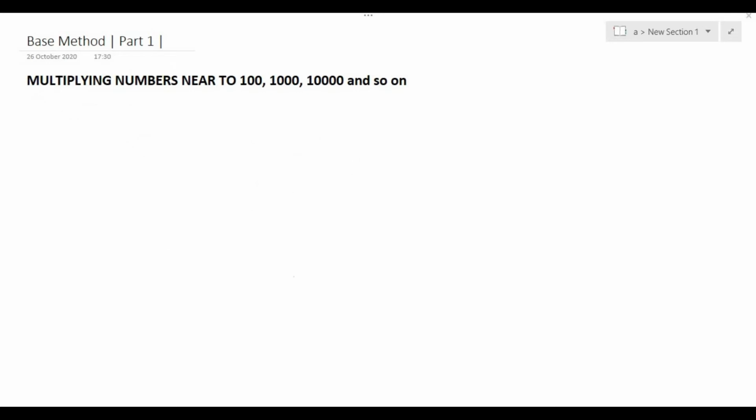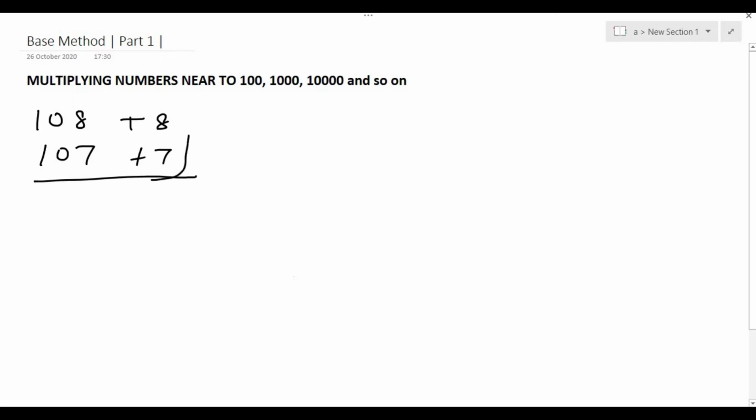So now let us consider two numbers above 100. Let me take two numbers, that is 108 into 107. Taking again 100 as the base, this is plus 8 and this is plus 7. Multiplying these two numbers we get 56 here, and then either doing this or this, that is 107 plus 8, that is 115, which will be the final answer for 108 into 107.